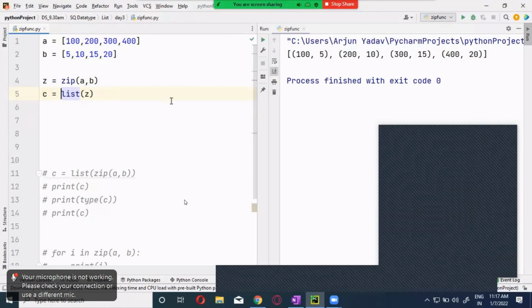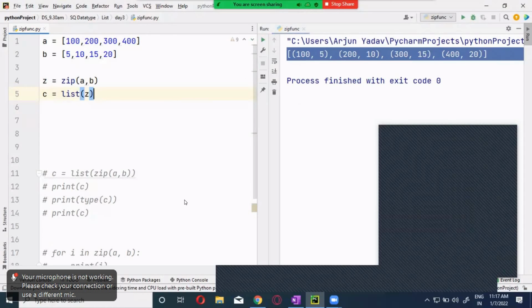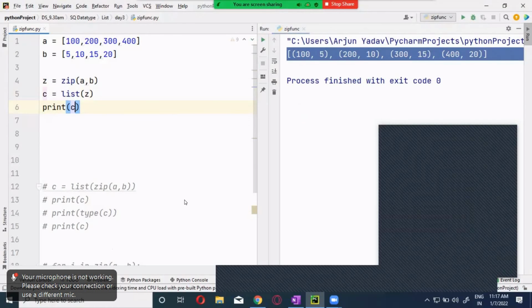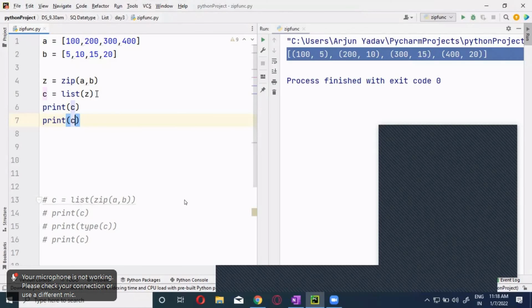Now what will happen to C? C will have all the values, whatever is there. Now I can print it over here, print C. You can print C any number of times, because that is the nature of C, it's a list. It is holding the values. You can print it any number of times. But see this,